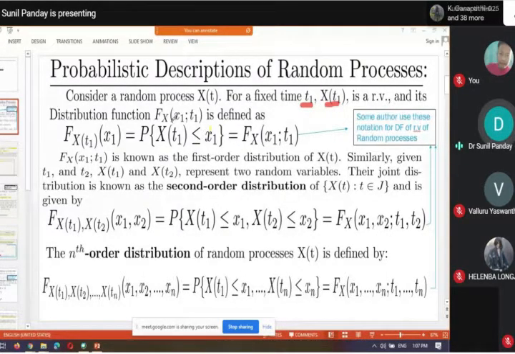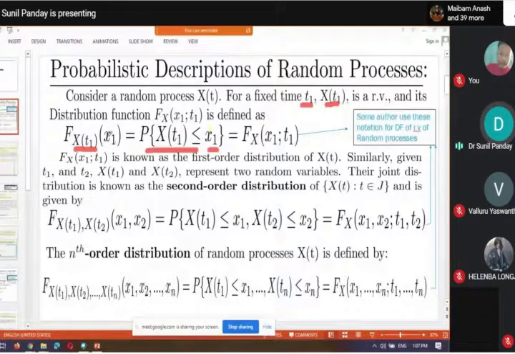And its distribution function is given by this, that the random variable xt1 less than equals to x1 gives the distribution function of the random variable xt1, and it is denoted by F suffix capital Xt1, and x1 is